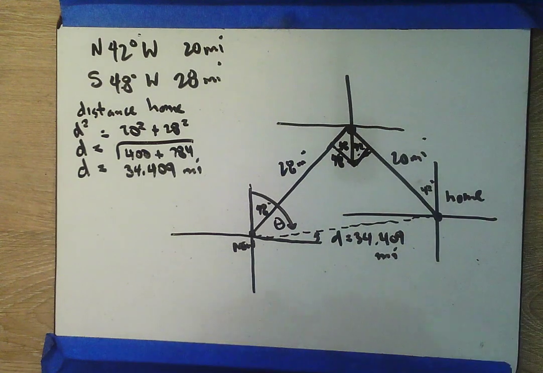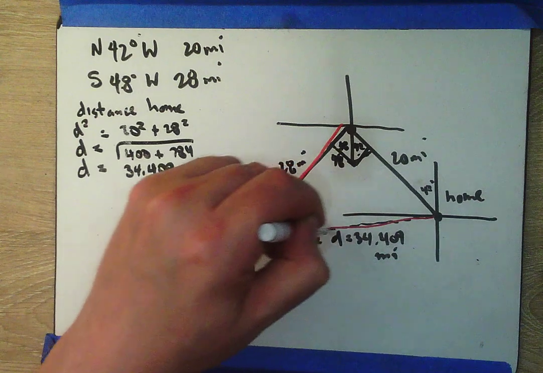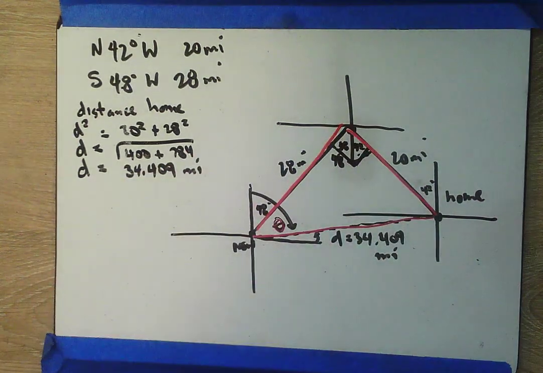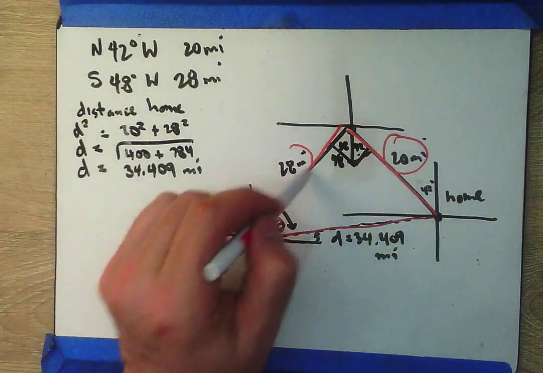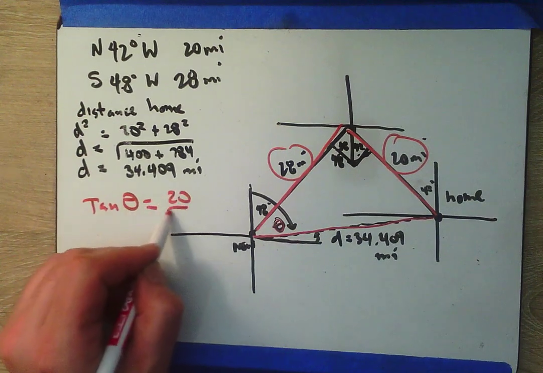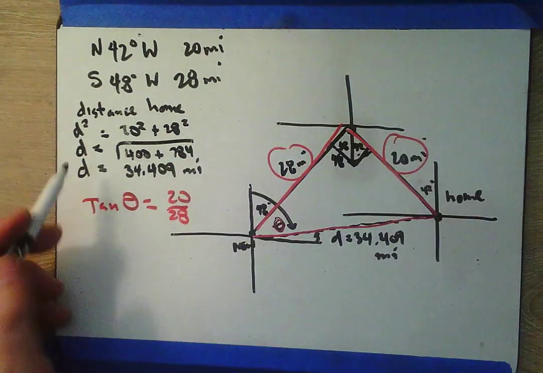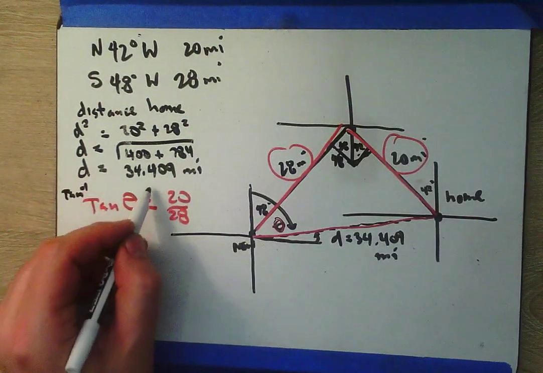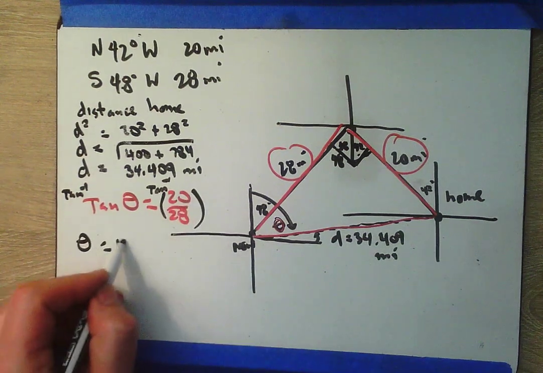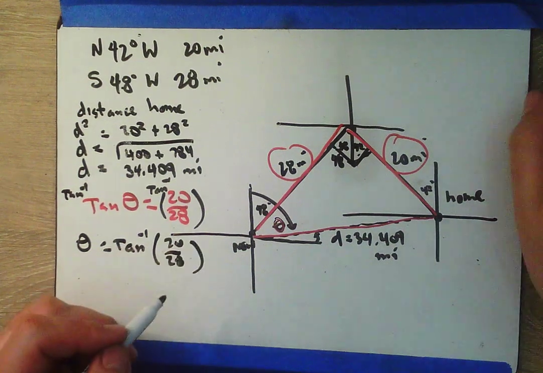Let me highlight it in red for you. Inside this triangle, we've got a theta, and I can use tangent. Tangent of theta will be 20 over 28. So if I take the inverse tangent of both sides, I can find that theta, inverse tangent 20 over 28,